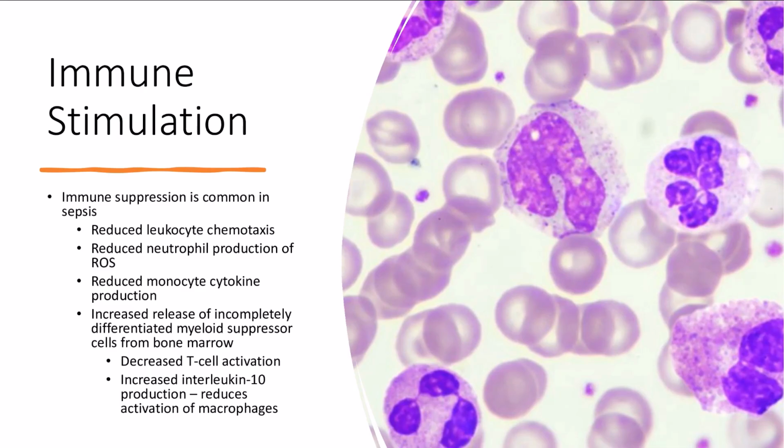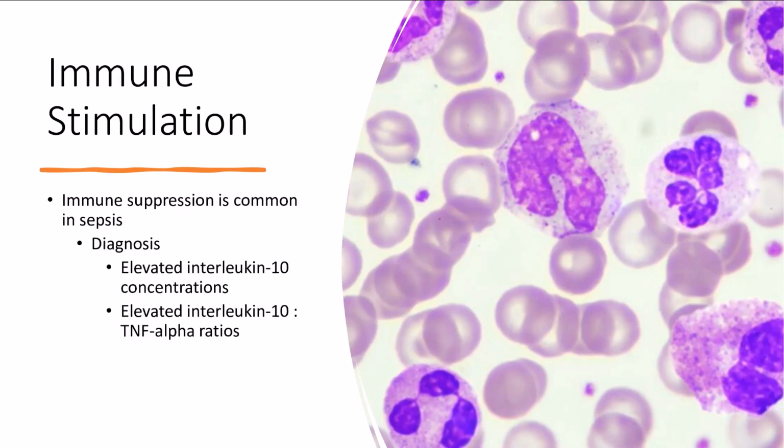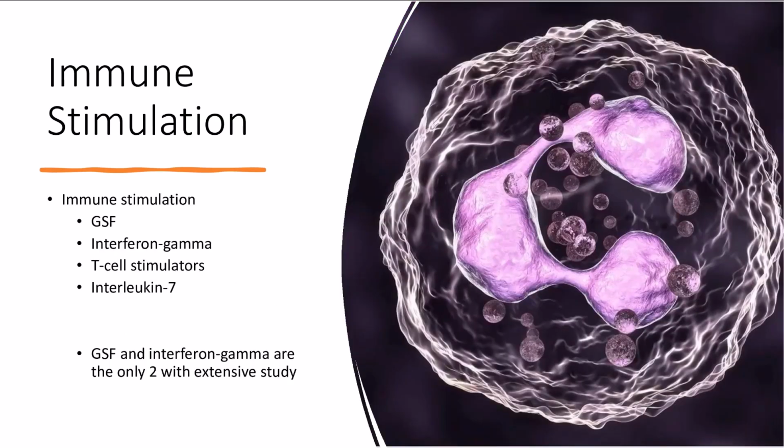Now, interleukin-10 reduces activation of macrophages. This is one of the reasons why we end up with immune suppression and decreased chemotaxis and so on. So these are some of the things that happen with immune suppression. The diagnosis in the laboratory is based on detecting elevated interleukin-10 concentrations or increased interleukin-10 to tumor necrosis factor alpha ratios. We're not measuring these all that commonly in veterinary medicine, but essentially, if you have a patient that is